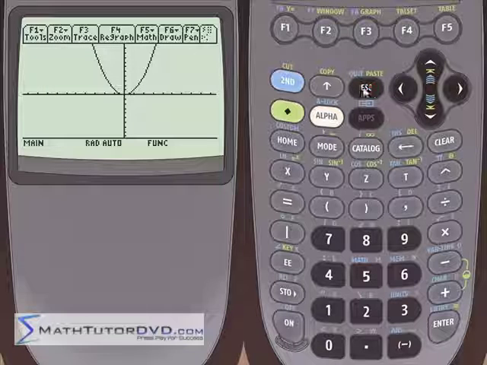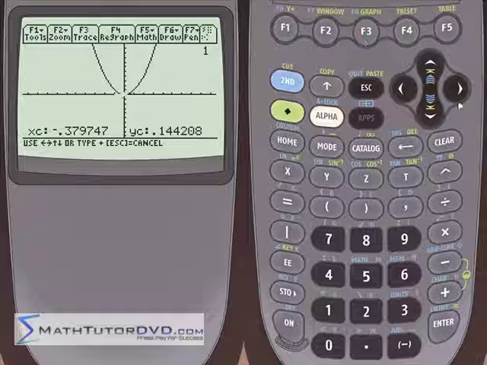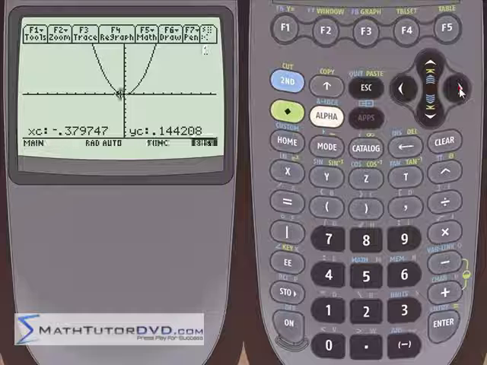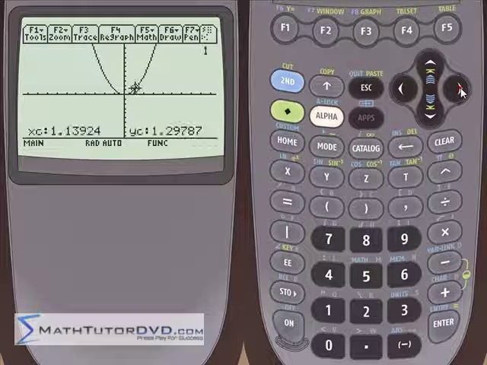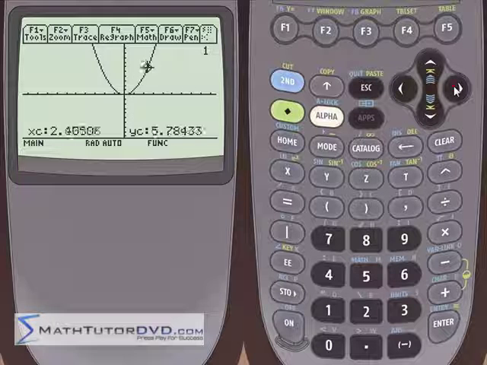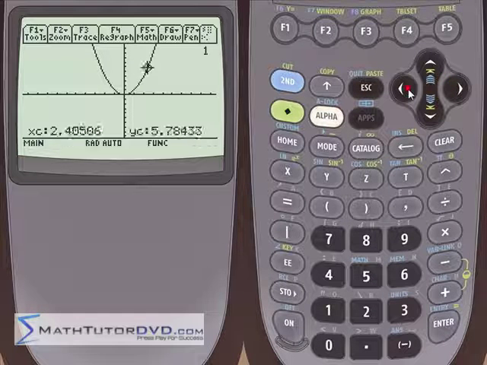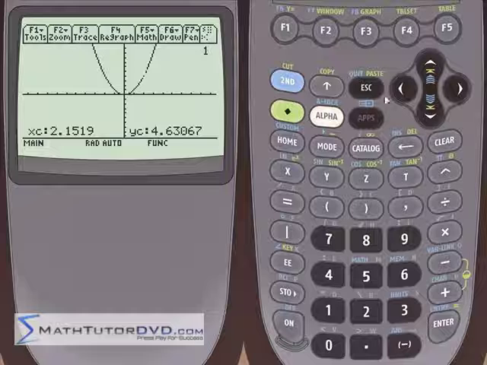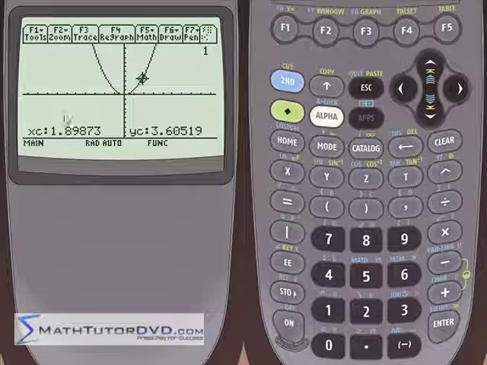Before we do that, let me go ahead and trace this graph. And we've done tracing before. F3 is trace, so we hit F3. And now we have a blinking cursor on the graph. As we move our arrows left and right, that cursor is locked onto our graph, and it gives us points along our graph. So it's great for finding intersection points, or just generally if you need to get a table of values. It's really good. But notice that all of these are oddball decimals,